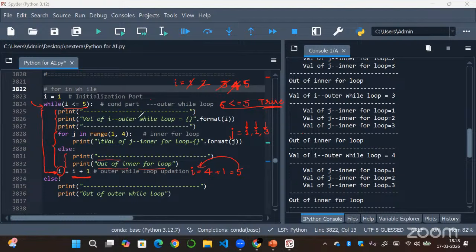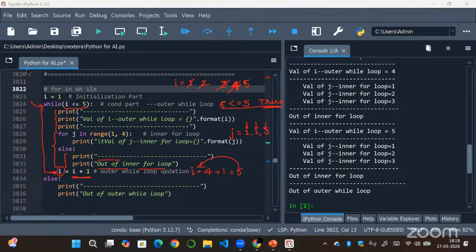So as the condition is true, it will again move on to the statements inside of this while loop. And it will be printing us the value of I while loop, outer while loop equal to 5. So these three statements will come from these three print statements. And then it will move on to the inner loop, for else loop, and J in range of 1 comma